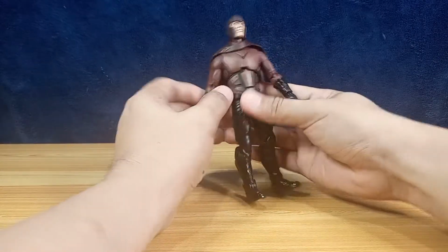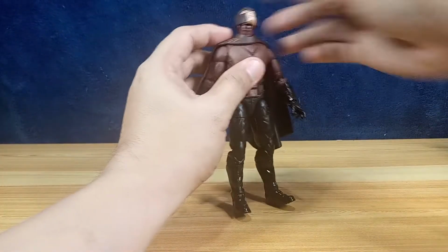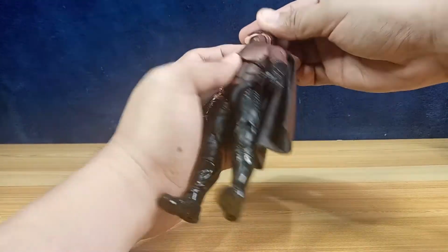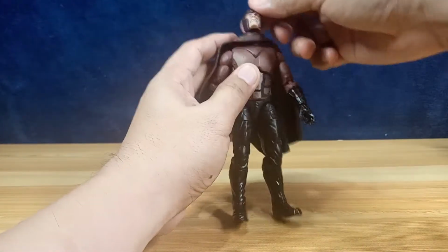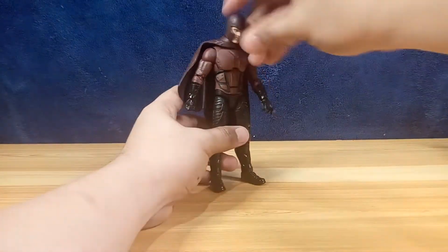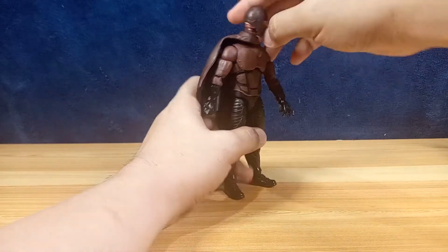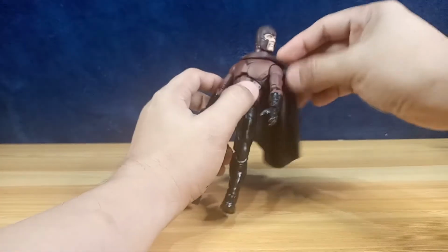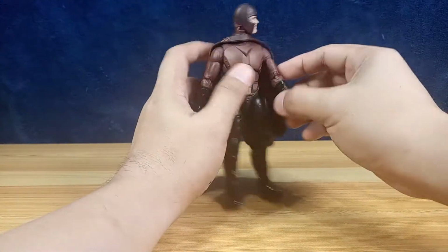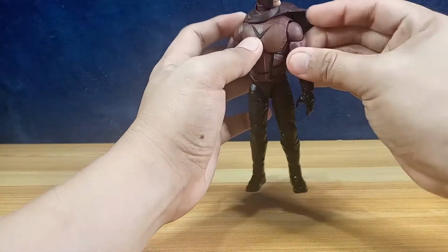of X-Men movies. So, articulation for this figure, head is on a ball joint just like Professor X there. And then it is on a hinge, so it can allow him to look up like so, look down like so. Full rotation 360. He has this cape. You could actually remove the cape if you want. Articulation on the shoulder allows you to raise his shoulder